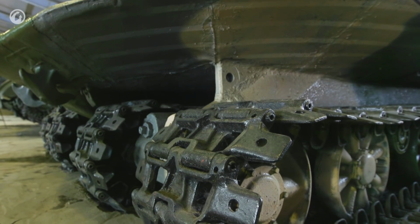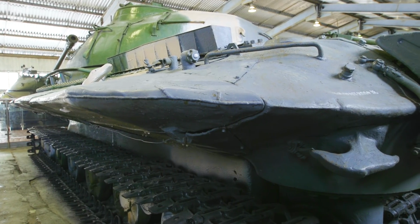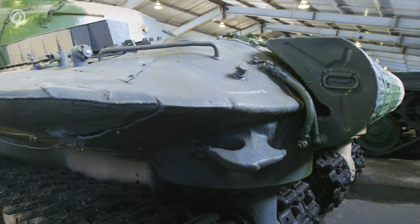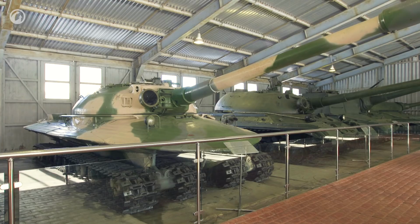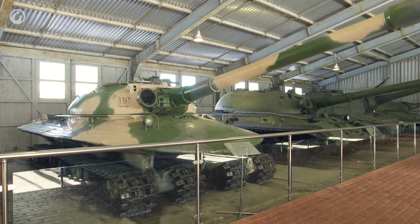The drive wheel is positioned in the rear. There was a forced decision. First, the introduction of a 4-track system was being developed in the late 1940s to increase crossing capacity. Second, such a configuration and layout of the hull was implemented in order to increase the armor and protection characteristics